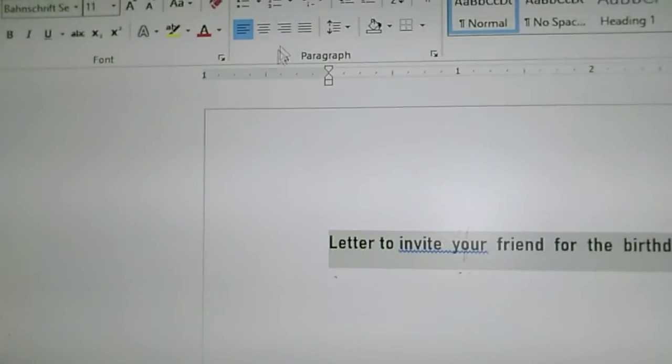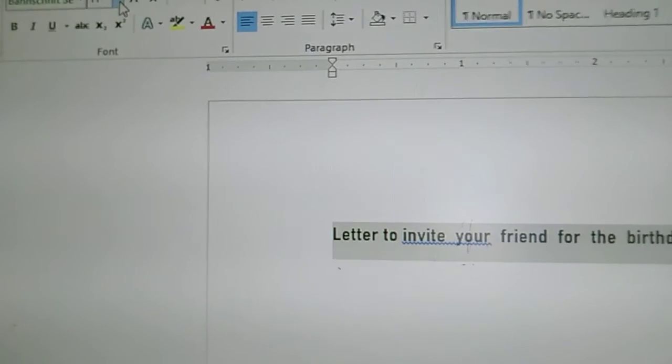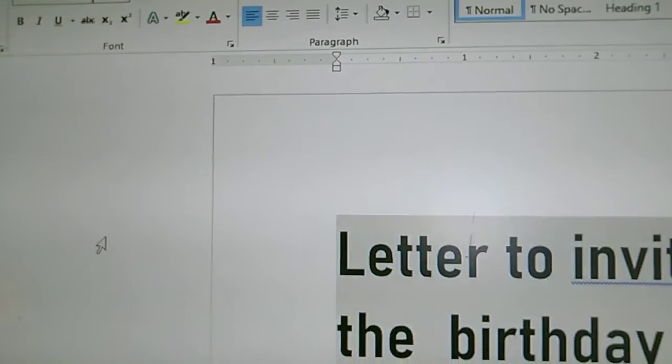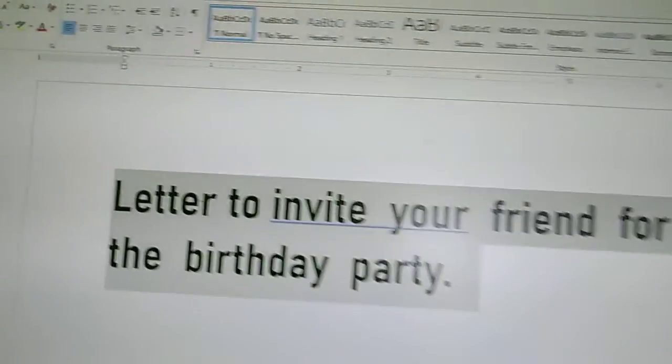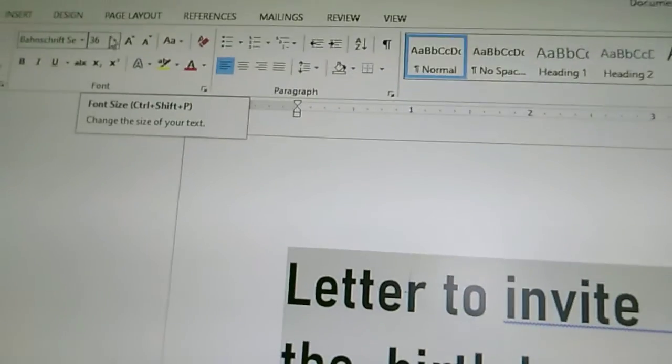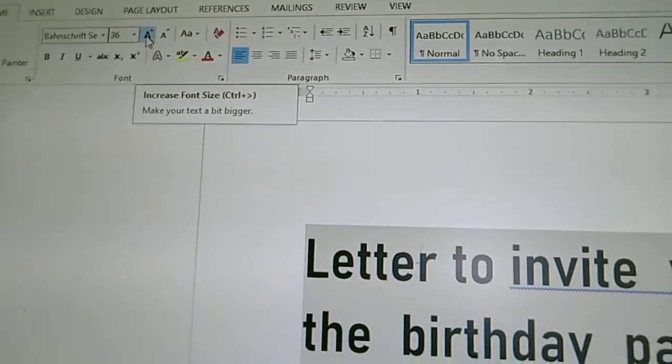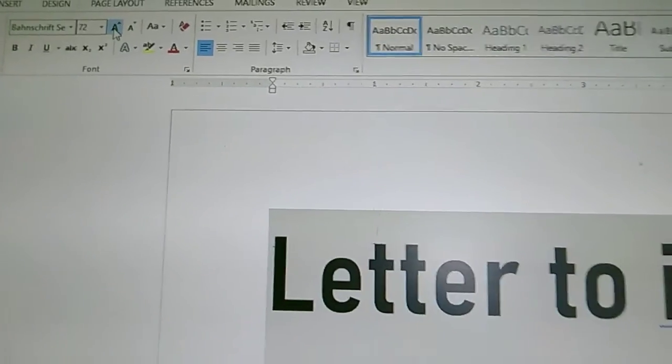Then you have the font size. You choose the font size whichever you want, so the size becomes a little larger. Next to font size, you have A with an up arrow, that is grow font. The size increases.